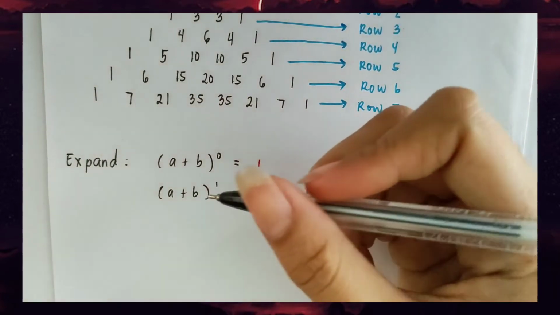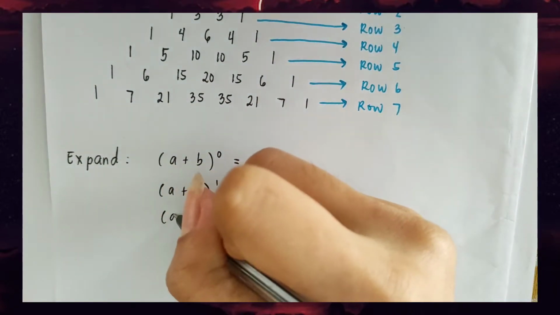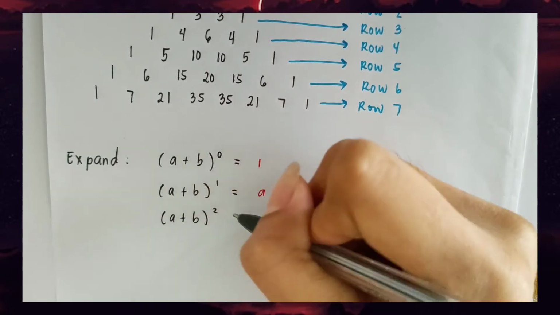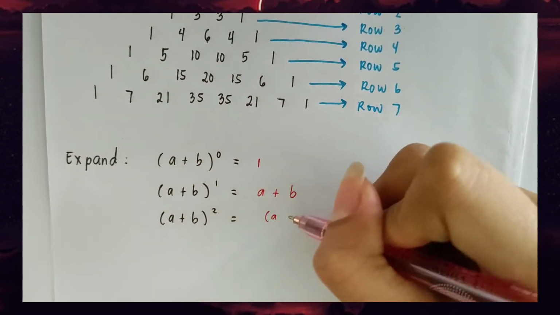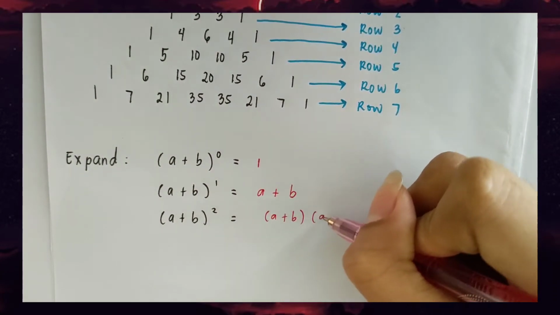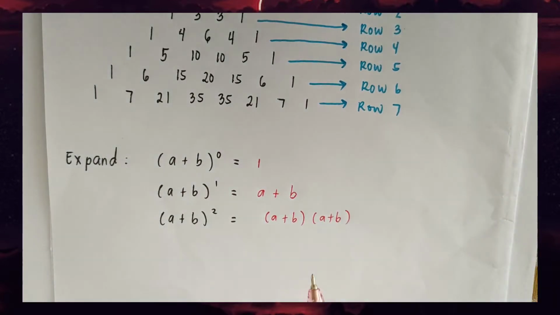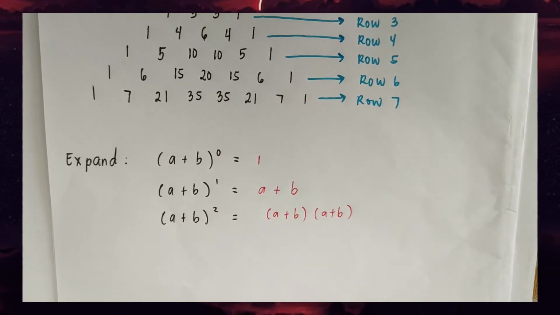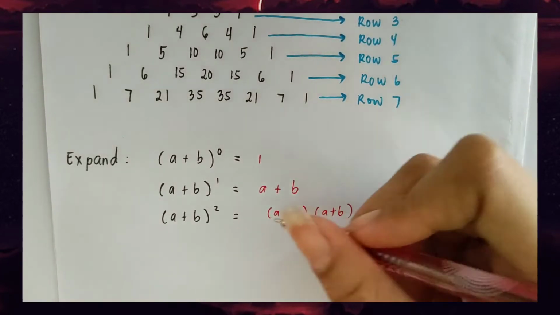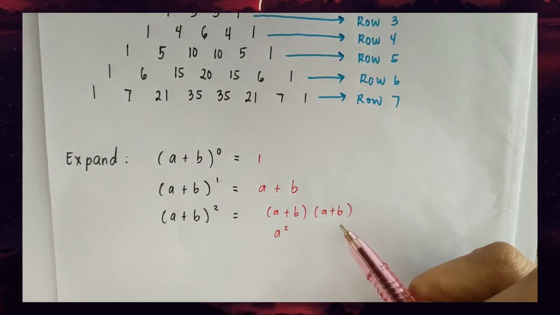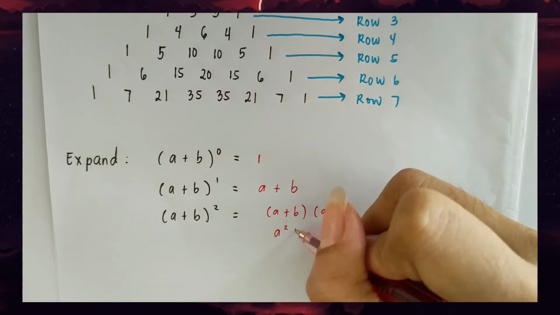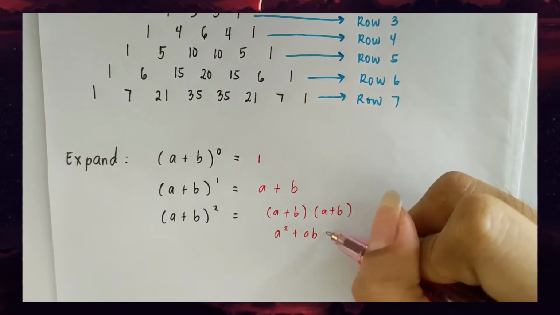How about if we added the exponent, a plus b raised to 2? We all know that a plus b raised to 2 is also the same with the quantity of a plus b times the quantity of a plus b. And for us to expand this one, we just need to use the FOIL method. So the answer will be a times a is a squared. A times b is ab. B times a is ab